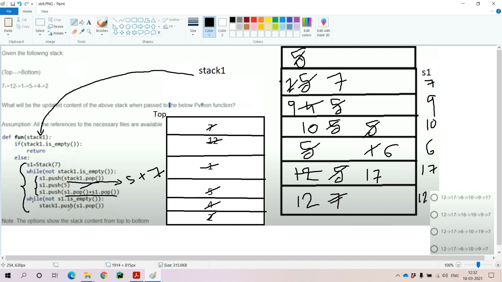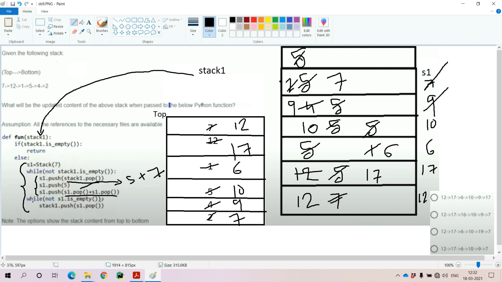Now stack 1 dot push of S1 dot pop, in the sense the first element that will be popped from the S1 is 7, that will be inserted in the stack 1. The next element deleted from the stack is 9, that will be inserted here. The next elements are 10, 6, 17 as well as 12.